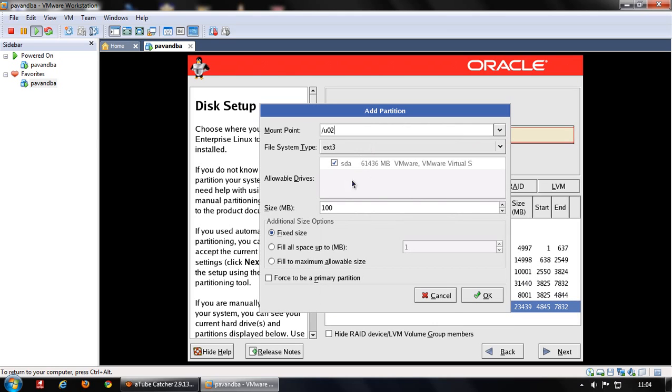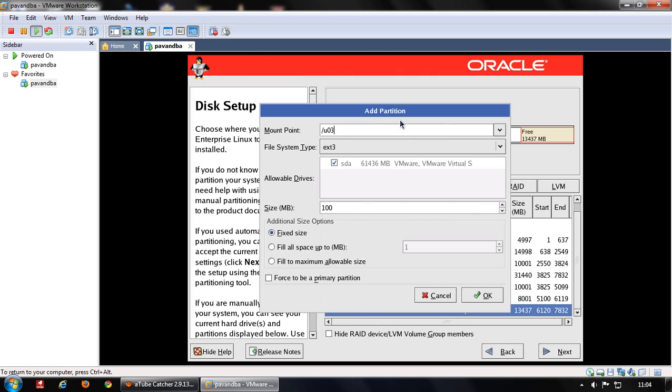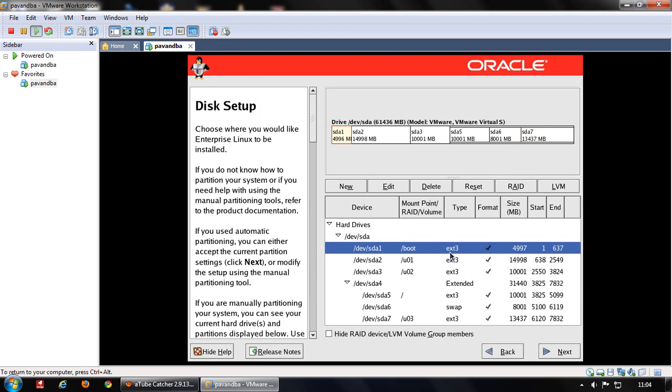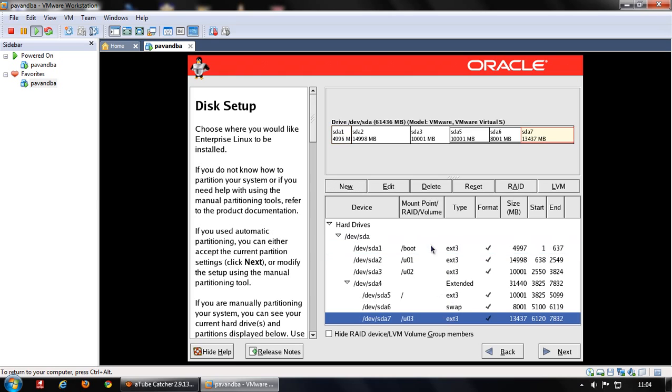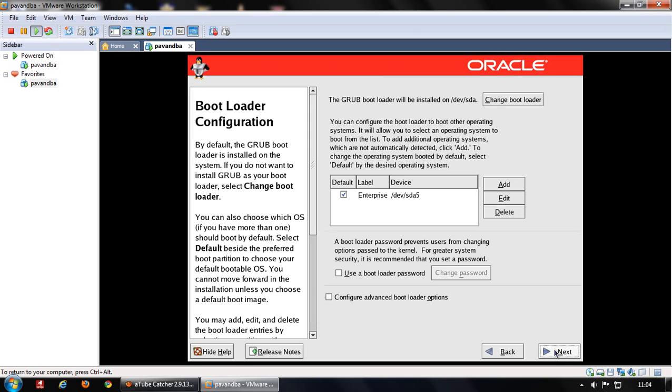U02 I am going to give 10 GB, and U03 I am going to give the maximum allowable size. So I am left with only 13 GB, so I am giving that whole 13 GB to U03. Clicking on OK. So now you can see there is no free space, the entire space is occupied by one of the file systems. So once you manually partition like this, you need to click on OK, next,